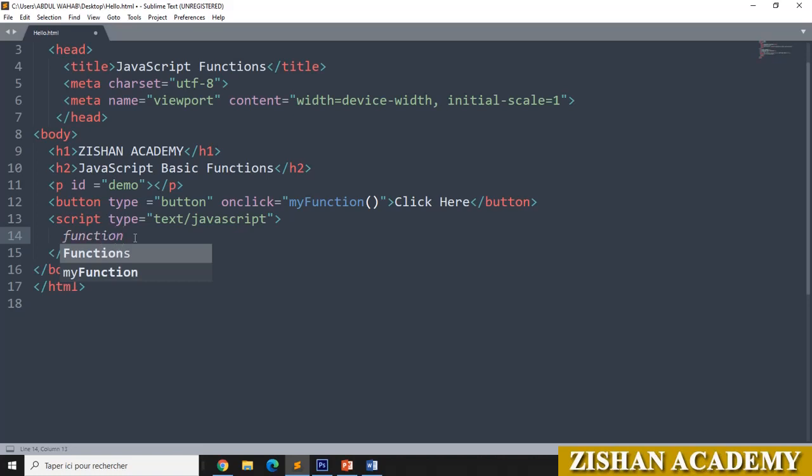Function, and in this space you have to give the name of that function. I have given myFunction. Now open and close bracket. After that you have to go for the curly braces. In between these curly braces, now we will give the code for that one.